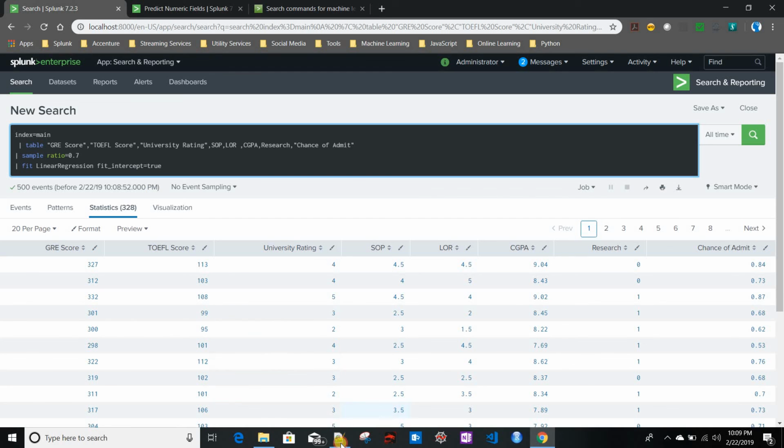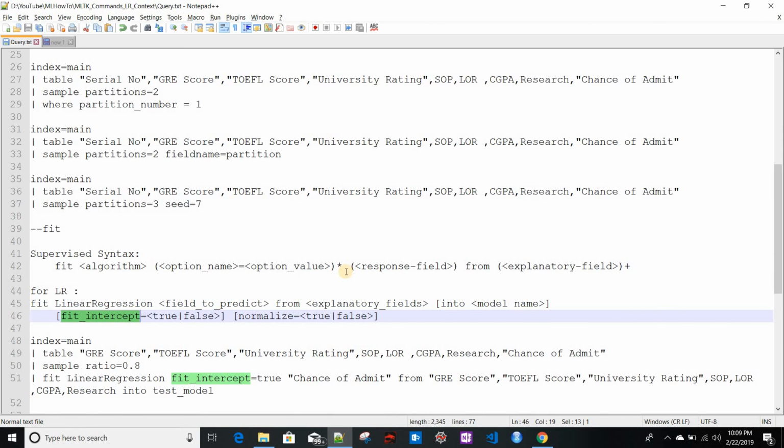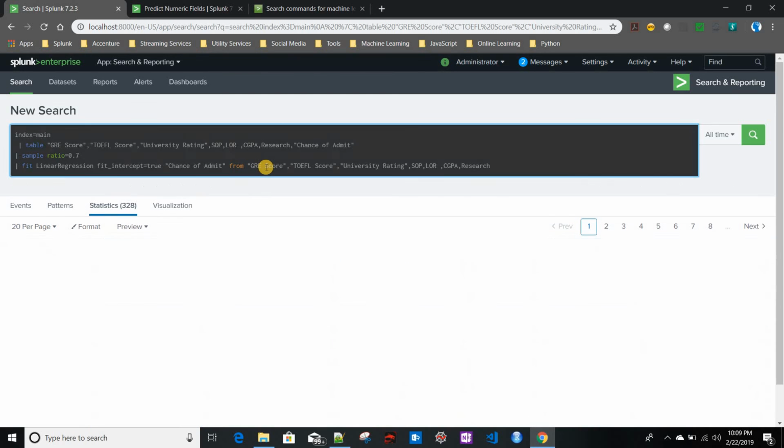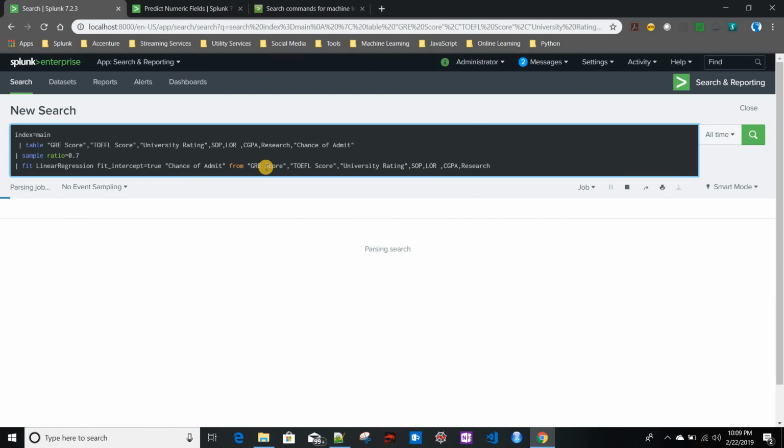Now we have to give the field which we'll be predicting, which in our case is chances of admit. So this is what I will give over here, chances of admit. Then the other fields, like this. So if I just run it,